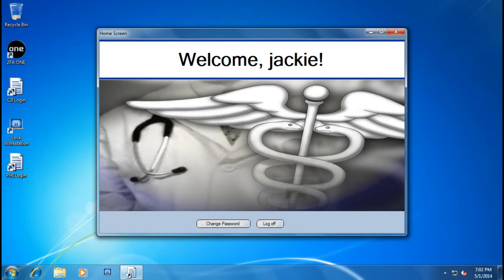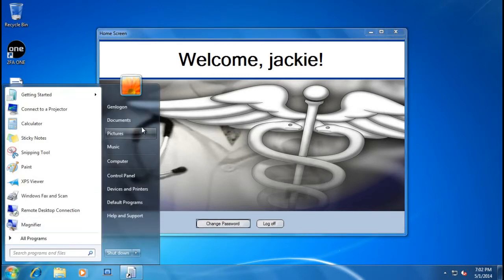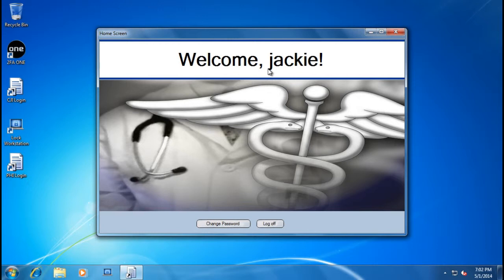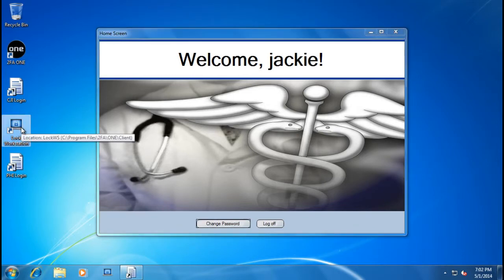So simply by placing their fingerprint on a reader, they've gained access to the local generic account's desktop, and they've been granted access to an application that has access to PHI. You'll see in this example, we are logged on as Gen Logon. Nurse Jackie has authenticated to 2FA1 Shared Workstation, and her credentials were passed to the PHI application, and now she has access. When she closes this application, or through a set timeout, the application itself will close